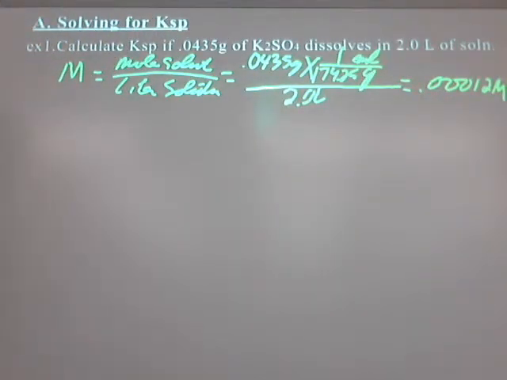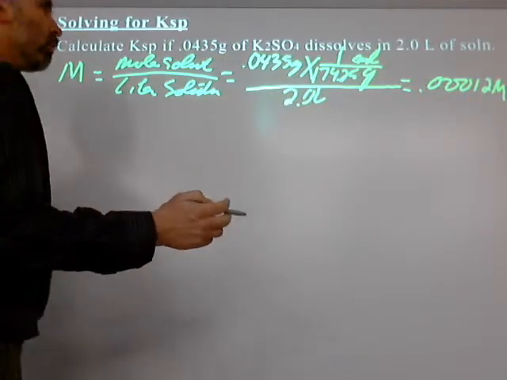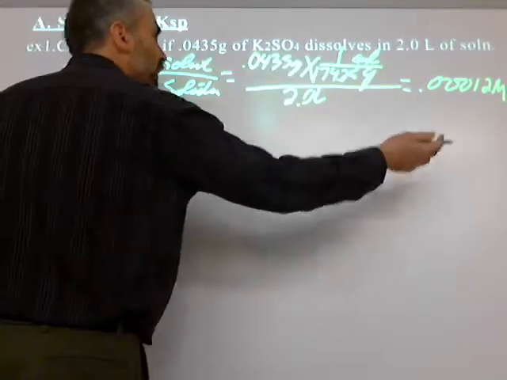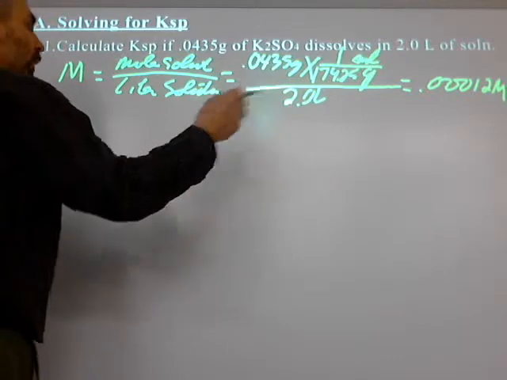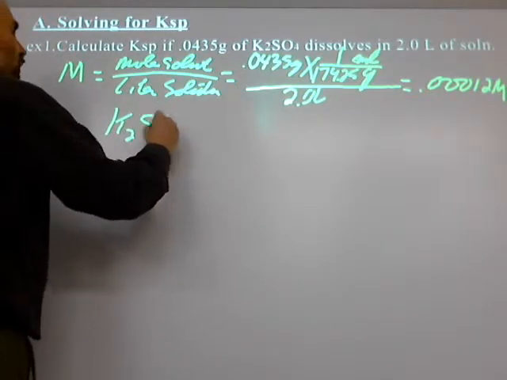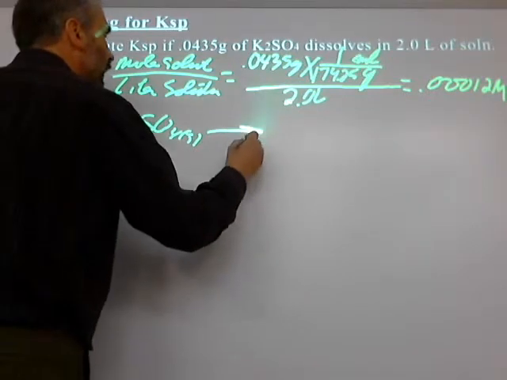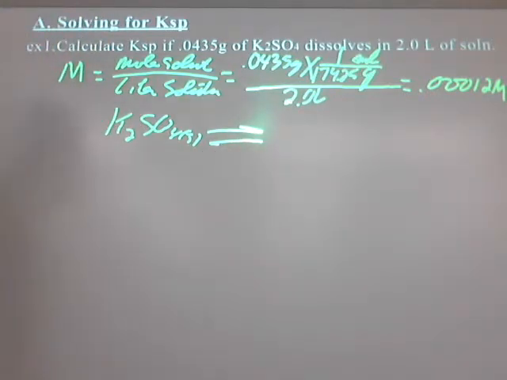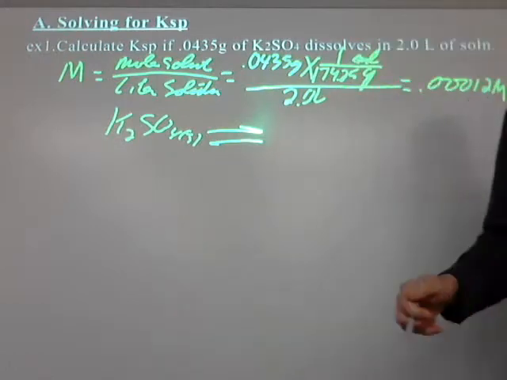Now it's time to do the KSP problem. So I write the equation like I always write. If it was HA plus water is hydronium to hydroxide, you know, A to the B, all that stuff. This one's going to be what? What's my equation going to look like? Well, it's just K2SO4 solid breaking up into what? K